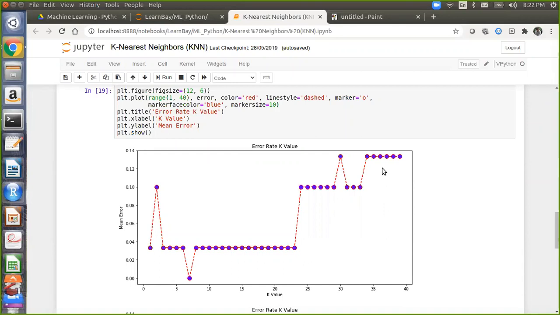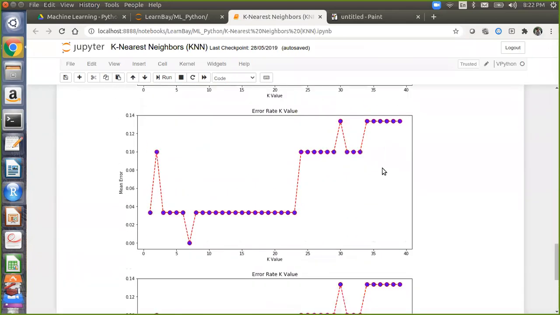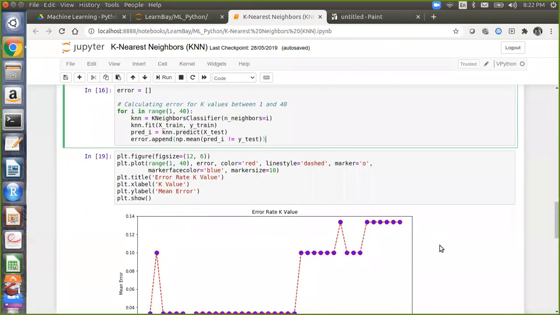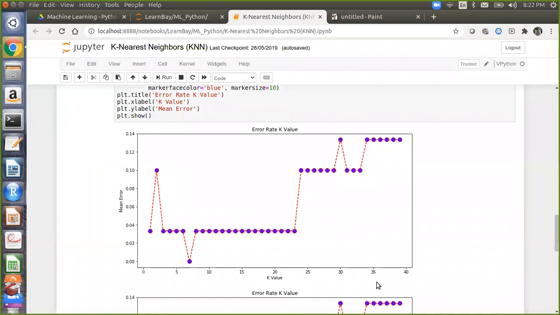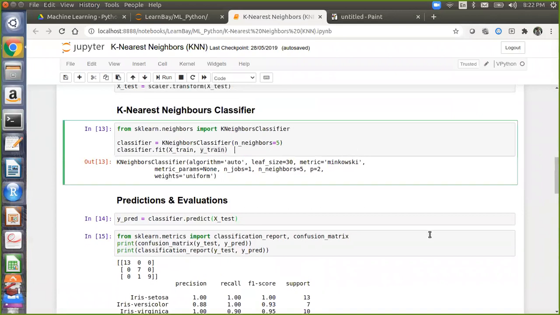Anyway, we have seen in the theory that KNN is computationally expensive. So let's not make it more expensive by selecting a higher value of k, if we are able to get the same results with a lesser value of k. So this is all about your k nearest neighbor algorithm. In my system, I don't know why it is printing 3 times, but for you it should print only 1 time. This is a graph which will help you identify the optimal values of k. So this is all about your k nearest neighbor algorithm.